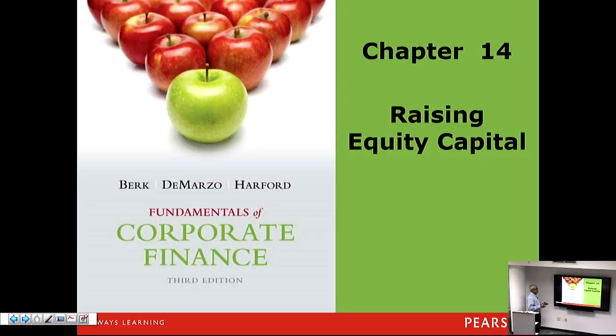So in this chapter, we learn about what is the process of raising equity capital. It is mostly a descriptive chapter, with a few quantitative things about what happens when a company raises capital, what happens to the value of their shares, what happens to the proportional ownership of the people who are already invested in the company, either as founders or as shareholders, what happens to their holdings, and so forth. But before we start the whole chapter